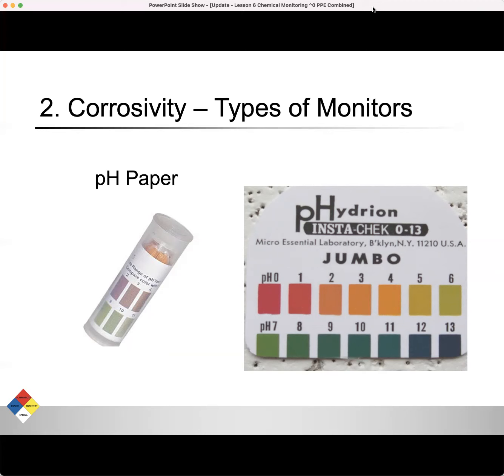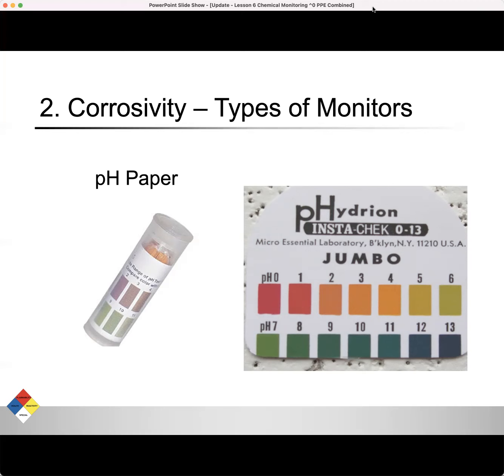For emergency response, we pretty much rely on pH paper. You can use it dry or wet, just wet with water and held in the air. And what you're looking for is a change in color. So the base color of the paper is somewhat orange. And then as you can see there, the scale, it's in whole numbers. So again, we're not dealing with scientific laboratory grade equipment. We're looking for generalities, whether something's going to be a